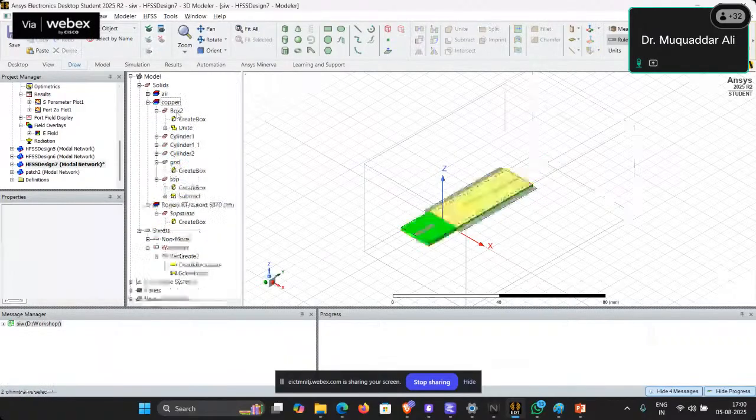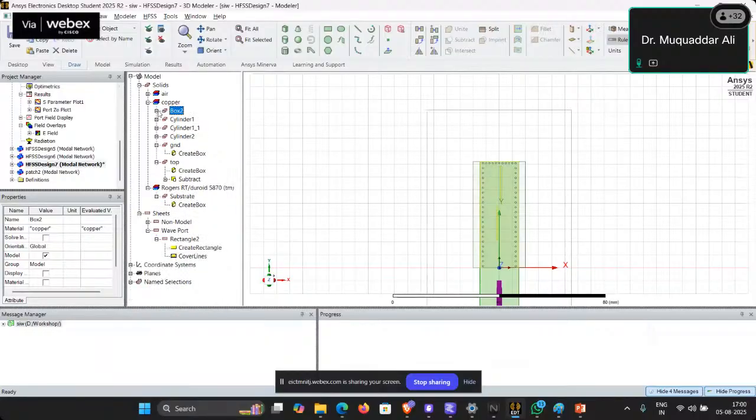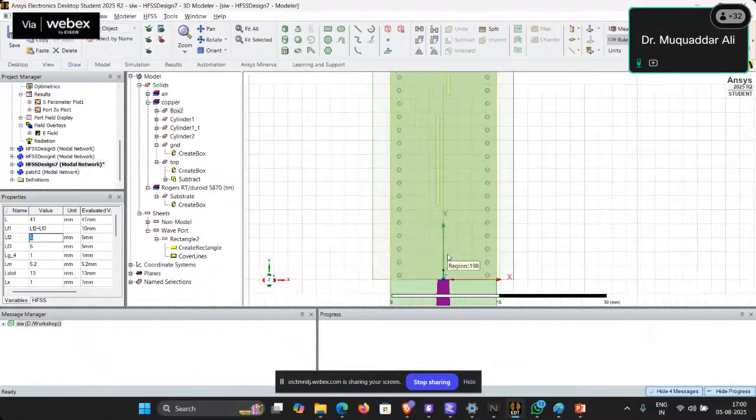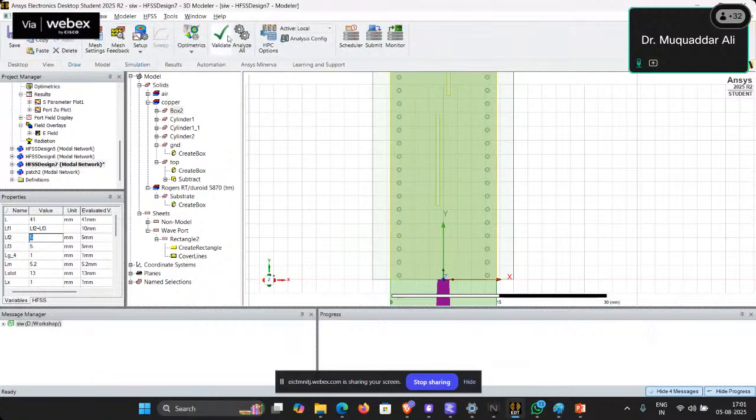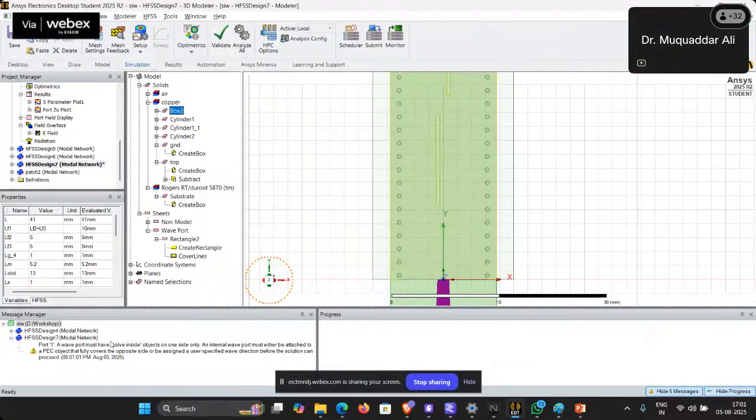This we don't require. Now this is the transition, and here what we need to do, we need to change LF1. So LF1 is LF2 plus LF3. So now this transition section is added here,